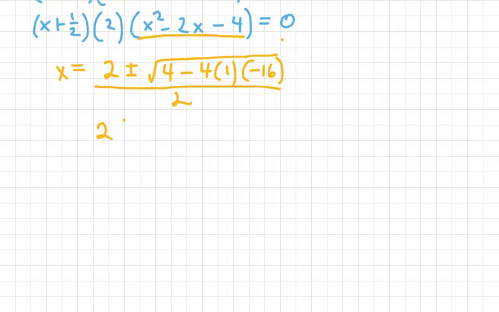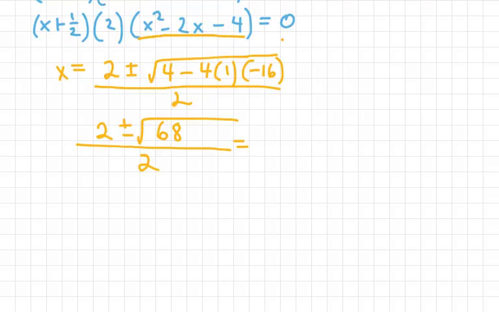And we get 2 plus or minus square root of 4 plus 4 times 16 is 64. 4 plus 64 is 68, all over 2, which is 2 plus or minus, actually let's back up here a second,